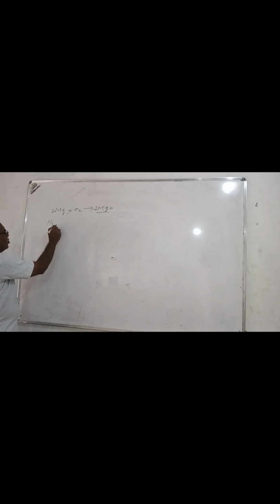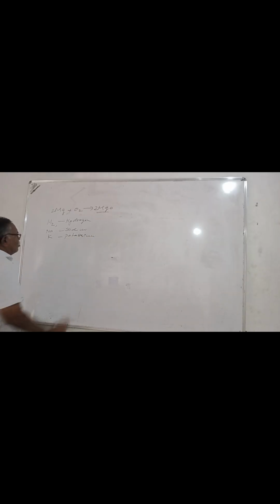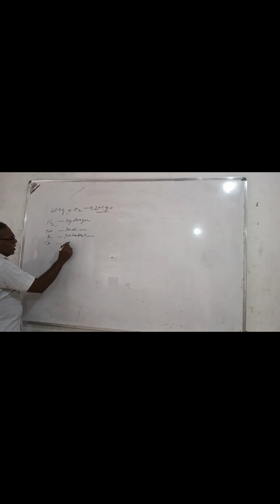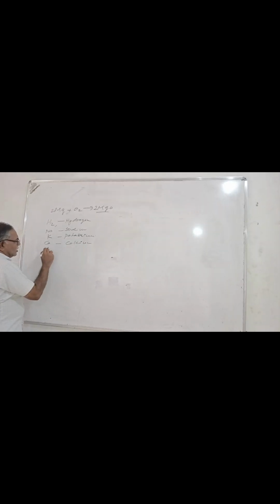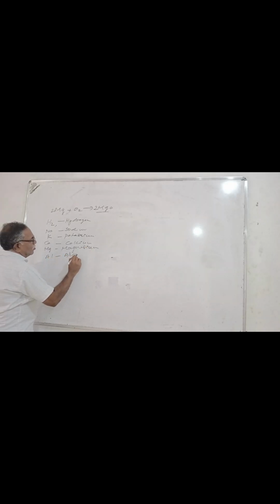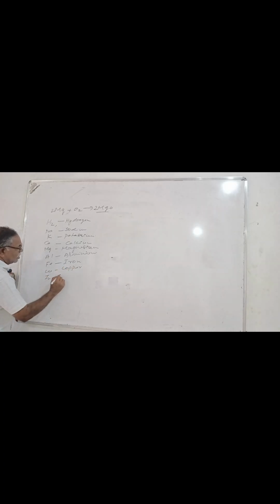See, the symbol of hydrogen is H2 or H, sodium Na, K potassium, Ca calcium, Mg magnesium, Al aluminium, Fe iron, Cu copper, Zn zinc,